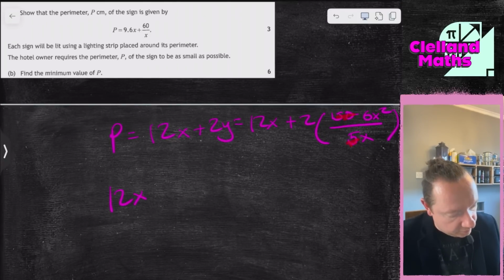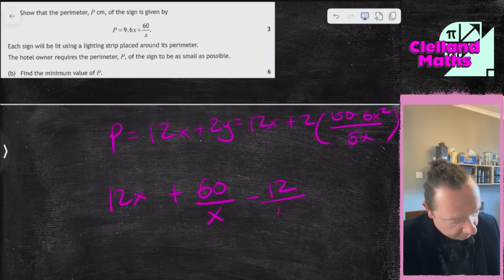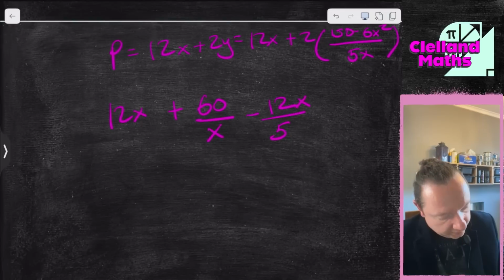150 divided by 5 is 30, times 2 is 60. But then there's an x on the bottom. So then another one, 2 6's is 12, so that's minus 12 over 5. But then the x will be an x squared over x, so that's just x on the top. So working that bit out,